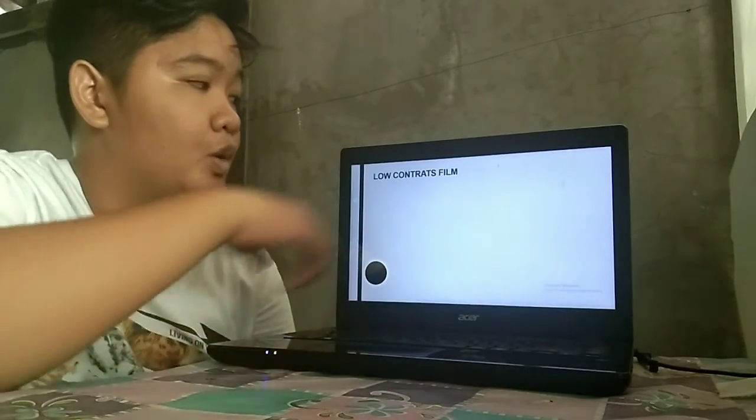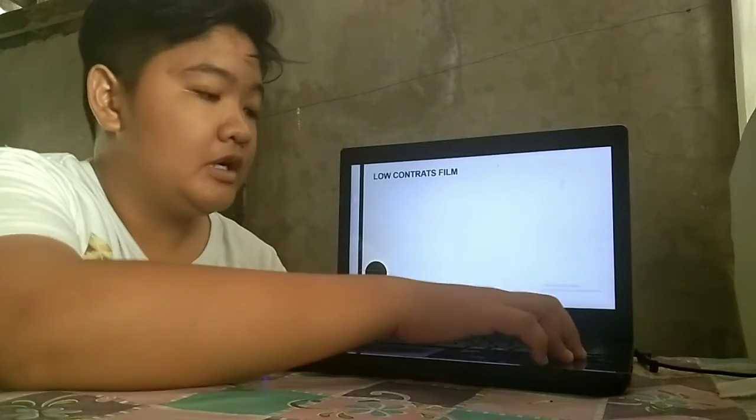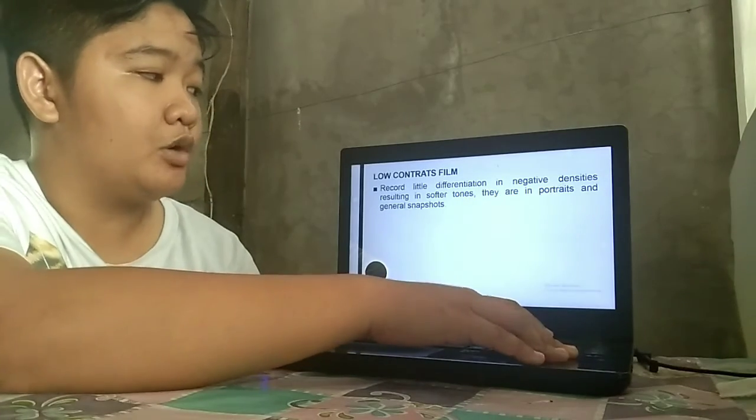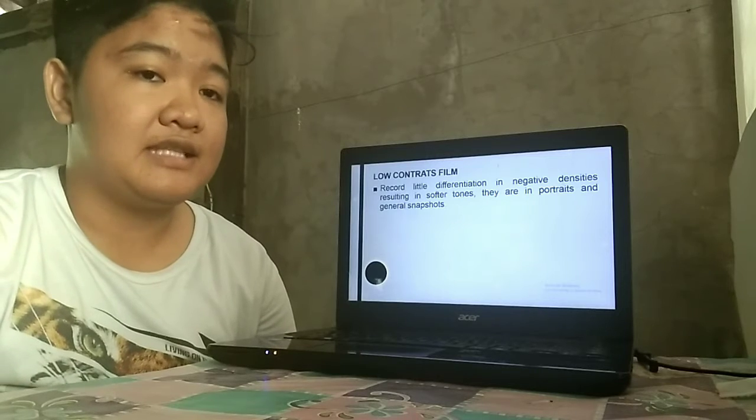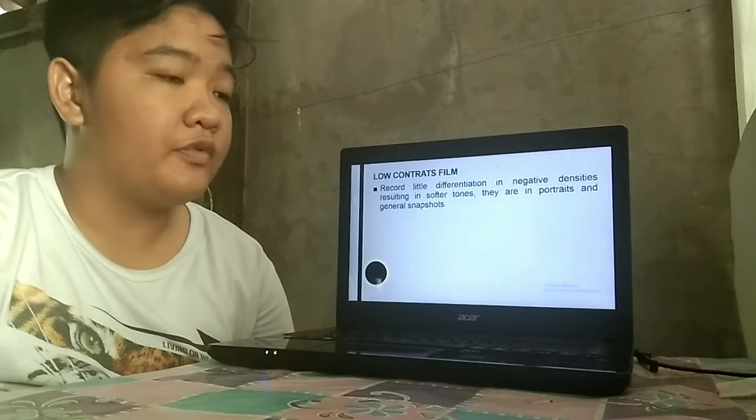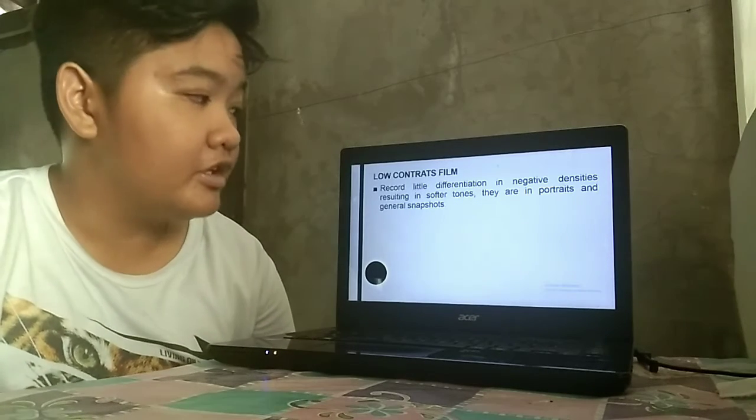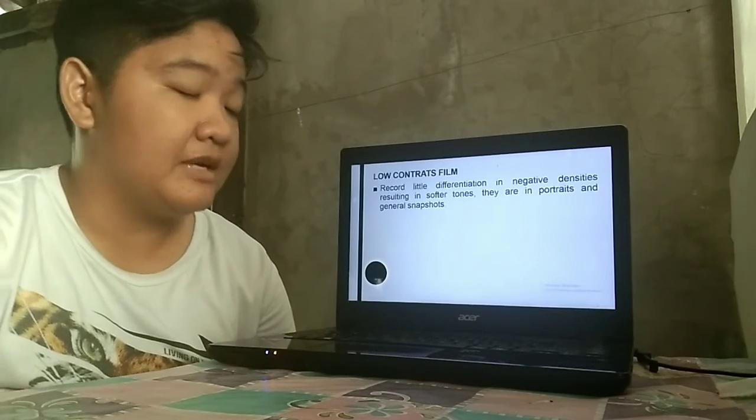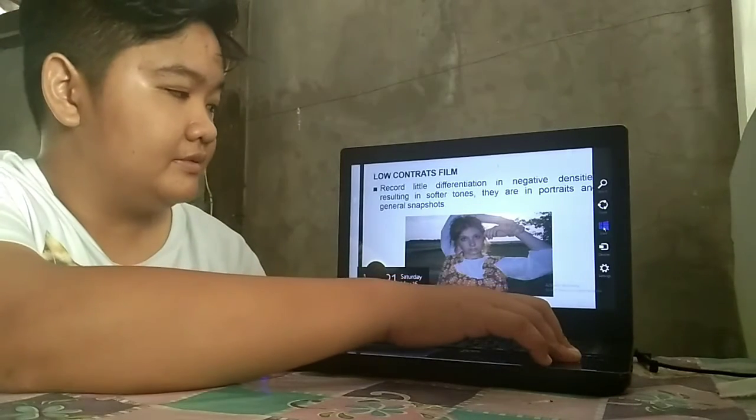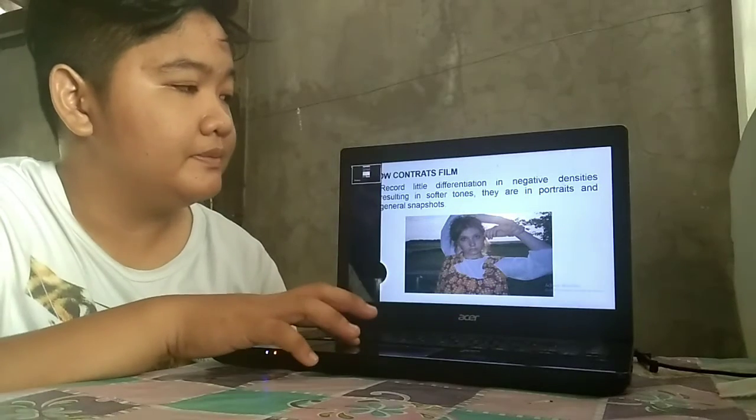So, second is low contrast film. Ang low contrast film naman is record little differentiation in negative densities, resulting in softer tones. They are used in portrait and general snapshot. So, yan yung aking example